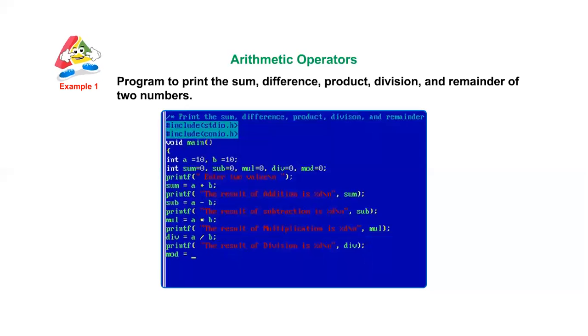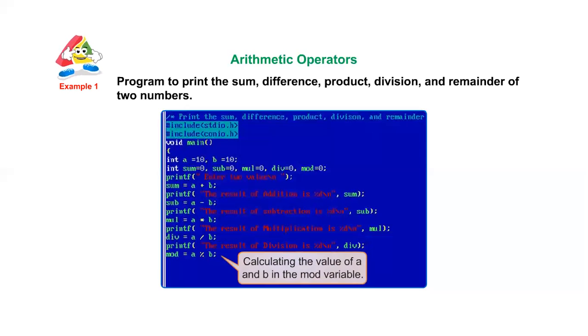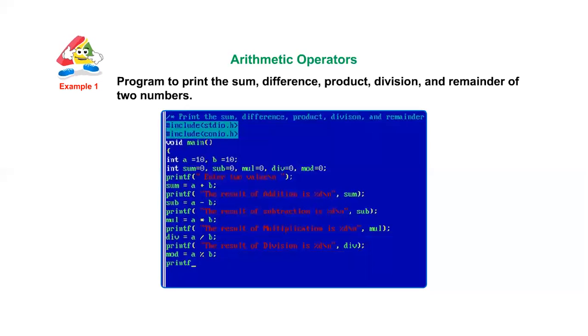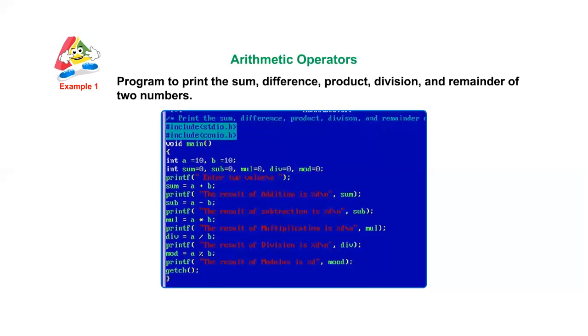mod = a % b; Calculating the value of a and b in the mod variable. printf("The result of modulus is %d", mod); getch(); }